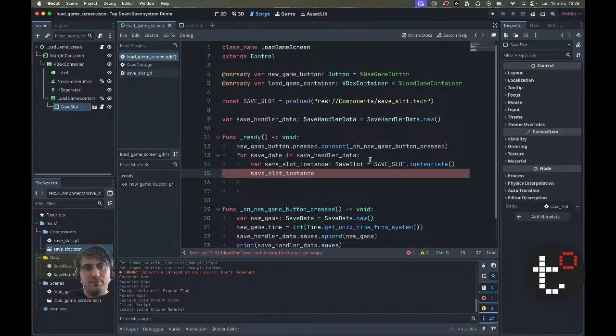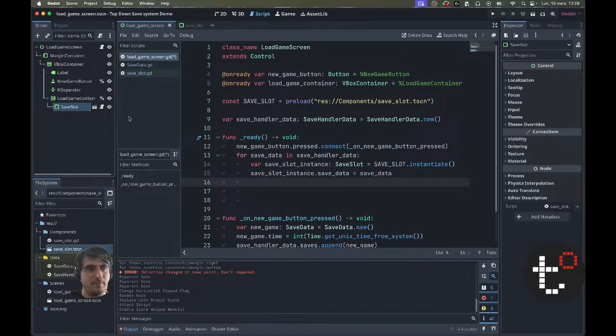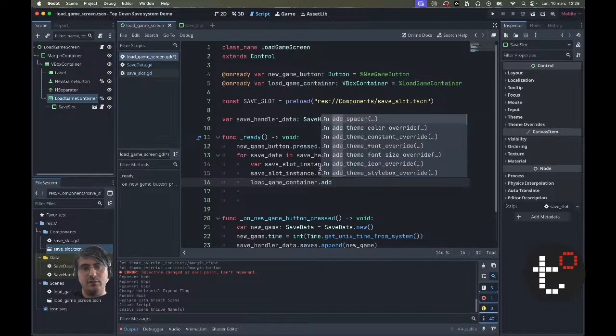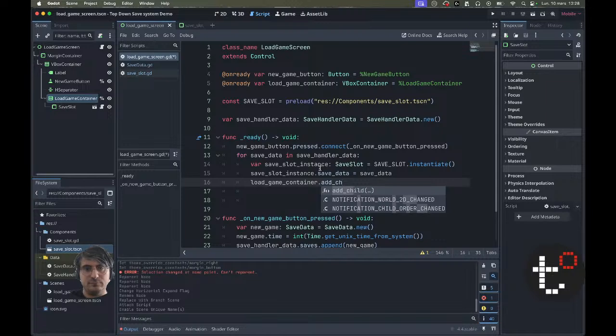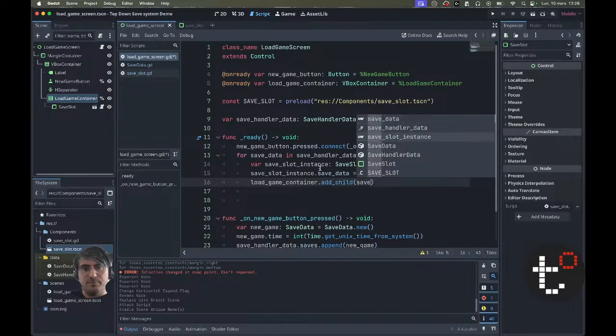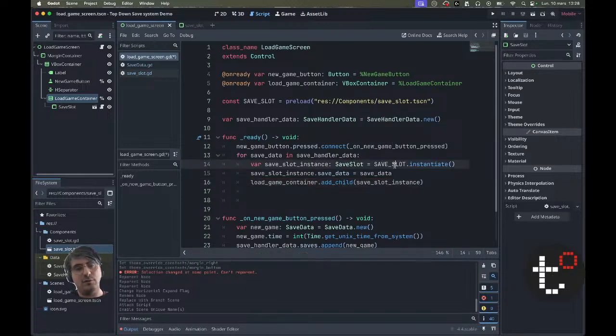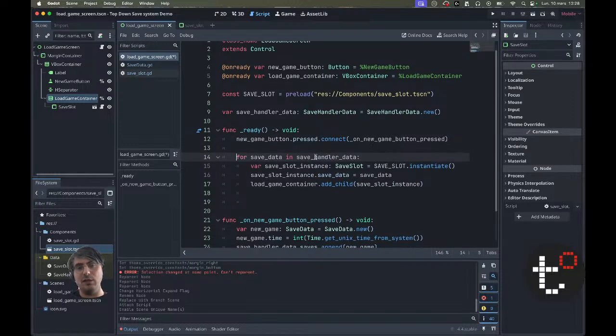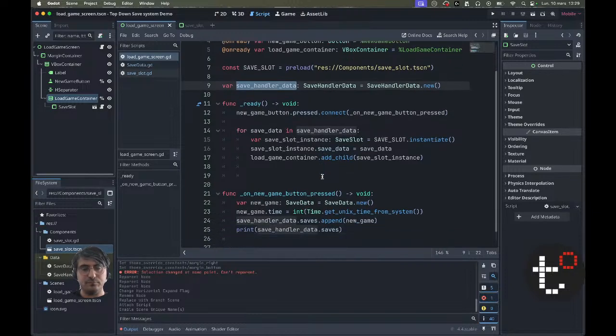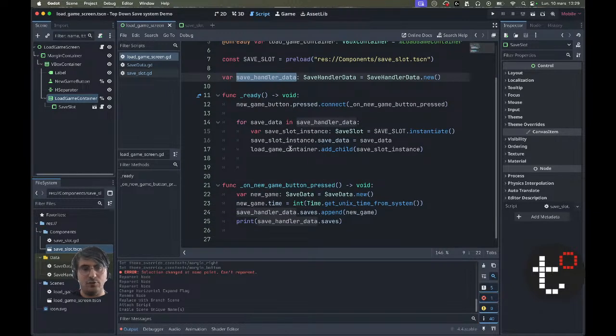I'm going to say that its save data is equal to our current save data, and I already added the variable, so load game container dot add child save slot instance. So what this is going to do is that when I first get in the scene, I'm going to load, if I had already loaded the data here, I would be showing that data. For now it will not work,